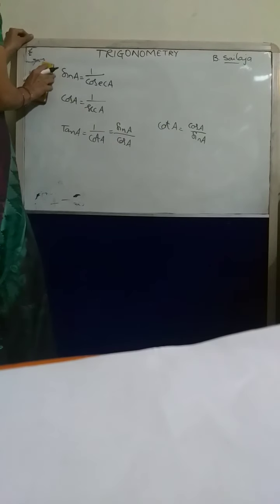Okay, so then the next part. Here 6 functions, no? So you know the horizontal line is x-axis. So this is x and x dash. And vertical line is y-axis, y and y dash. Here the intersected point is origin 0, 0. So x coordinate and y coordinate both are 0 here. Here this is the first quadrant. Why? Because x and y are both positive. This is first quadrant. Write it as Q1. And this is second quadrant, Q2. This is third quadrant. And this is fourth quadrant.